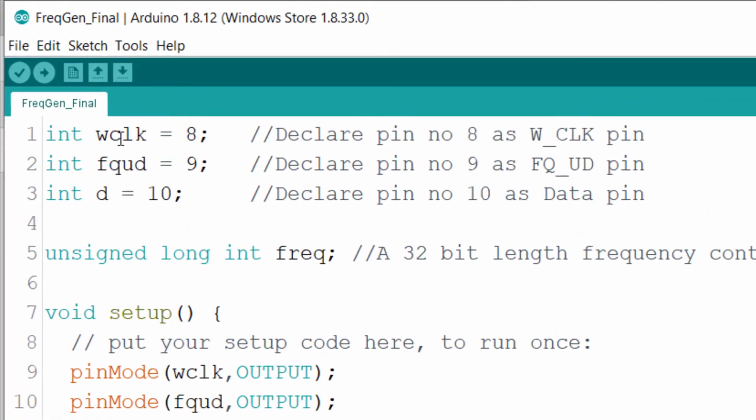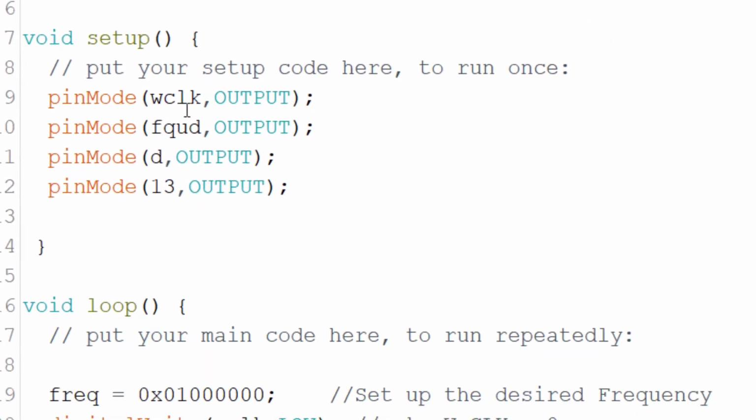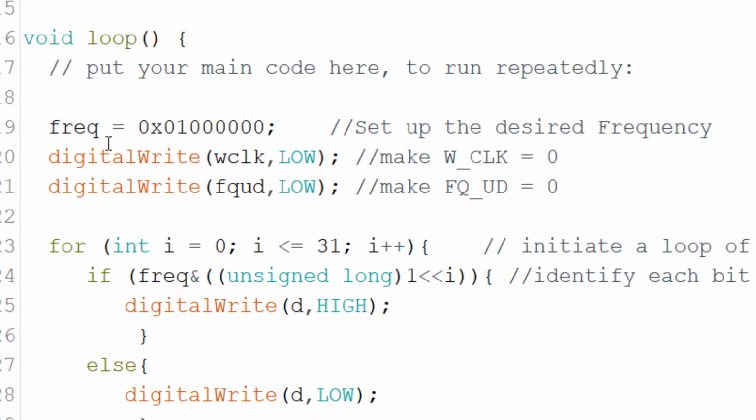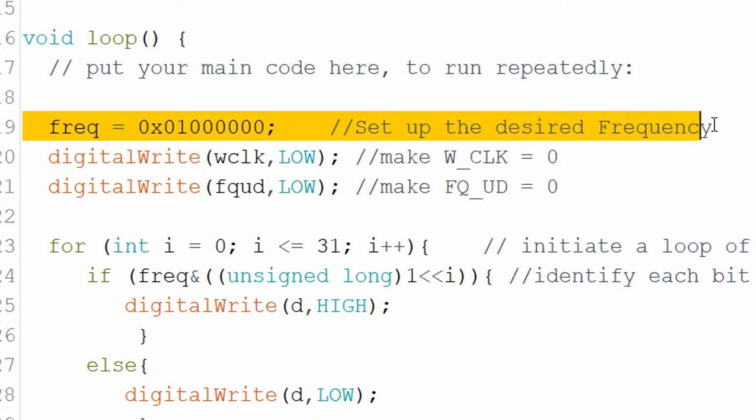Pin number 8 assigned to the W clock, pin number 9 assigned to FQUD, pin number 10 assigned to the data pin. The pin mode of all these pins is set to output. The value of frequency is taken over here.